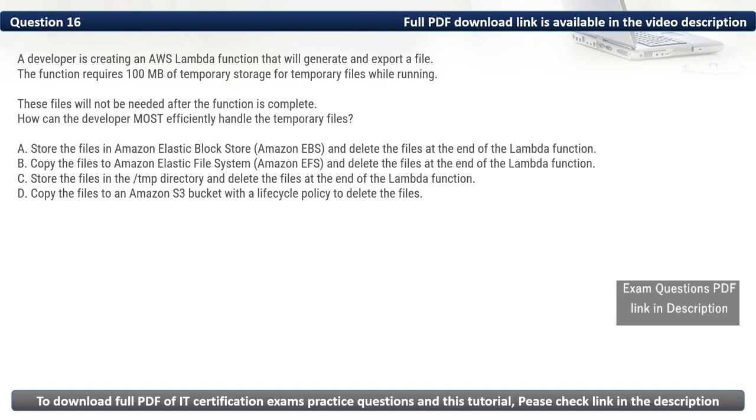Question 16. A developer is creating an AWS Lambda function that will generate and export a file. This function requires 100 MB of temporary storage for temporary files while running. These files will not be needed after the function is complete. How can the developer most efficiently handle the temporary files?